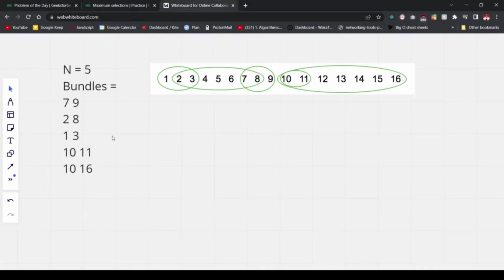For the second example, we have the bundles 7 9, 2 8, 1 3, 10 11, 10 16, and they have represented it using the range from 1 to 16, and marked it accordingly. Now if I consider the first range, according to the bundles 2D array, that is 7 9, here 7 is the beginning of the range and 9 is the ending. And if I consider the next one, which is 2 and 8,